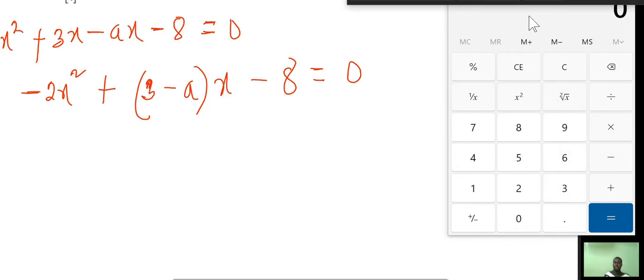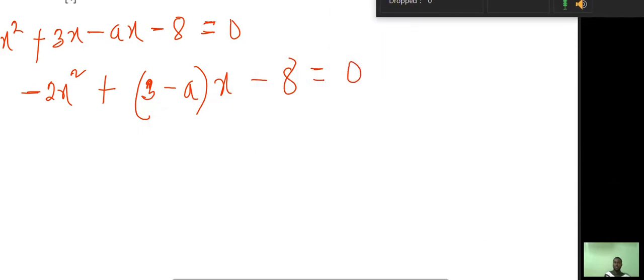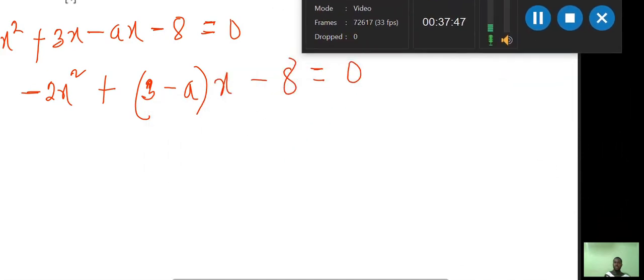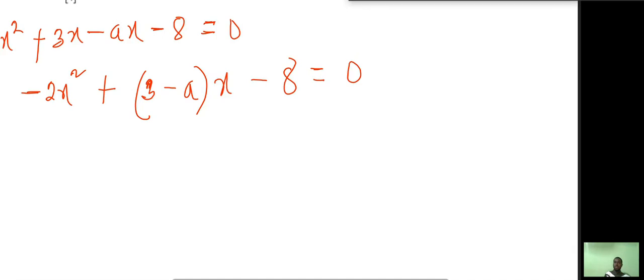I don't need this now. I don't need this calculator now. What did I press? Calculator can leave. No, I don't want this calculator. Okay. Can I go up a little? Okay, so